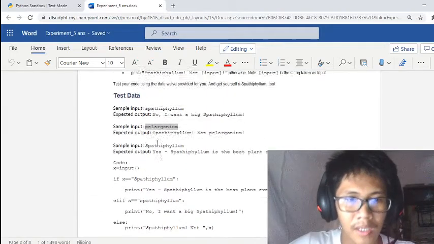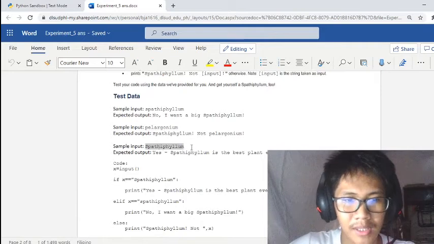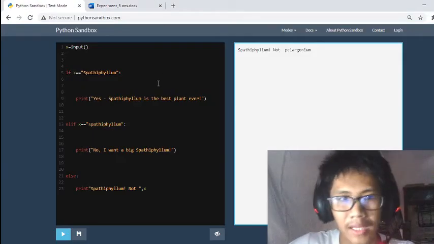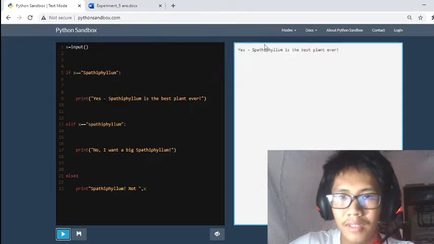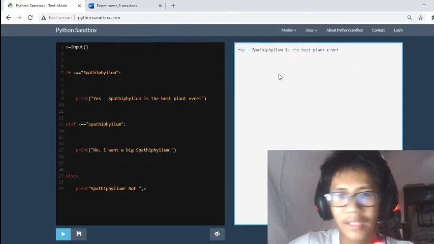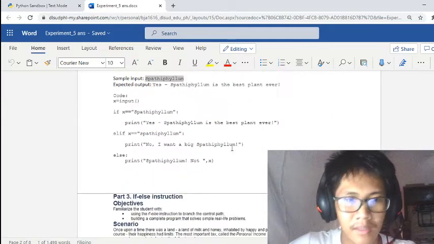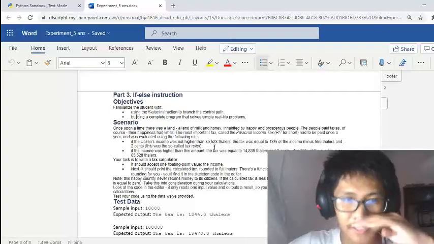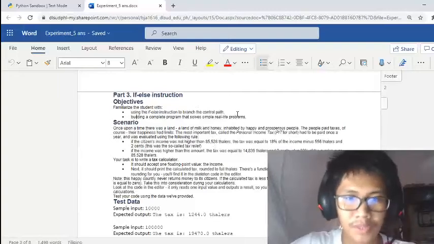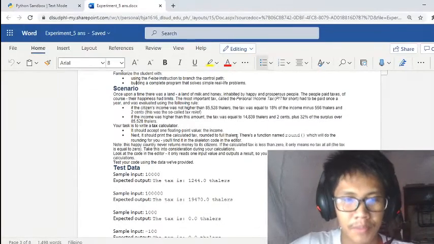So for the last input is the literal Spotifylum with the big S. So it should return, "Yes, Spotifylum is the best plant ever." So yeah, it returned that as well. So for part 3, we'll be using if-else instructions so that we can solve real-life problems. So in this